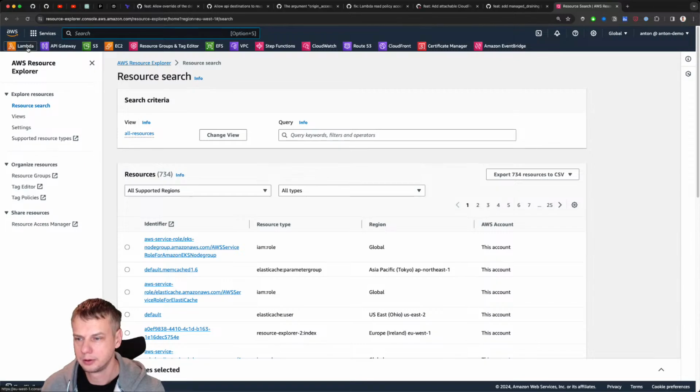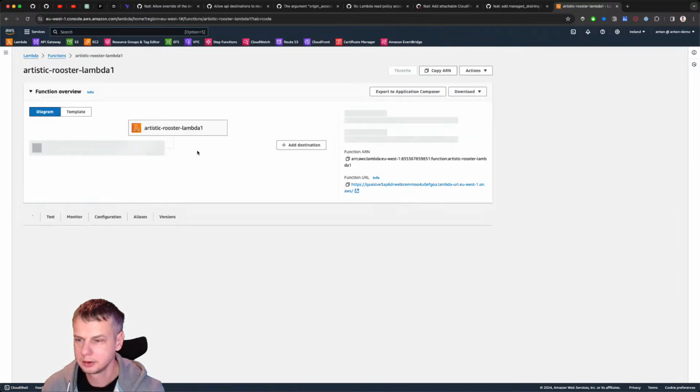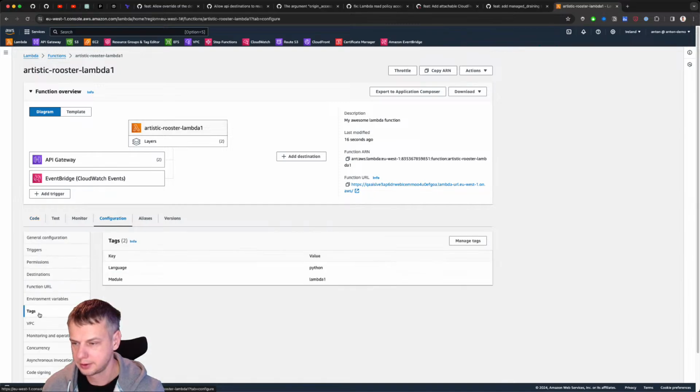So now if I go to Lambda and I see a bunch of functions, I think this one, Lambda 1, should have tags. Yeah, right. Okay, so these tags are the default ones. Hmm. Right. Wait.